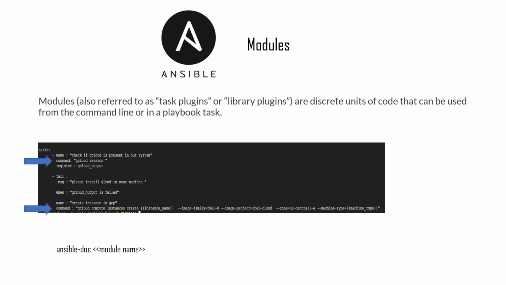So if you want to find documentation on each module, you can run the command ansible-doc and the name of the module. So let's go ahead and see what ansible-doc for command provides us. So now I'm back in my Cloud Shell. So let's run ansible-doc for the command module. And here you can provide the name of whatever module you like. So a few of the modules that are available include the command module, the shell module, the copy module. So let's see what I can get from the command module.